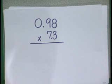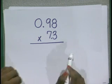Hi, I'm Cameron from Samuel Ogle Middle School. Today's email question is from Nicole at Benjamin Tasker. Nicole says, my problem is 98 hundredths times 7 and 3/10. I don't know where to put the decimal after I multiply. Help! Well, Nicole,